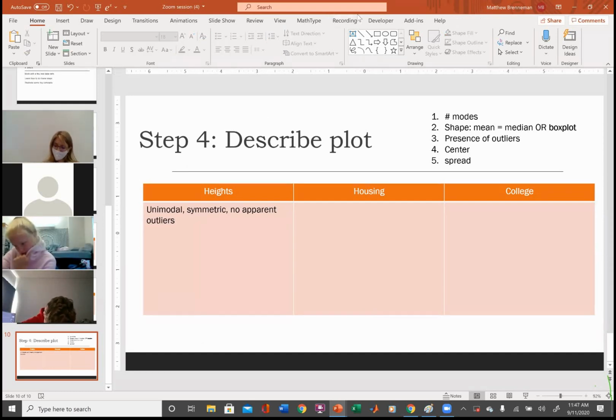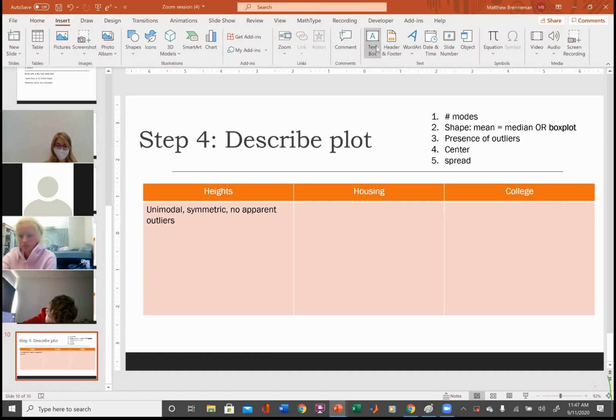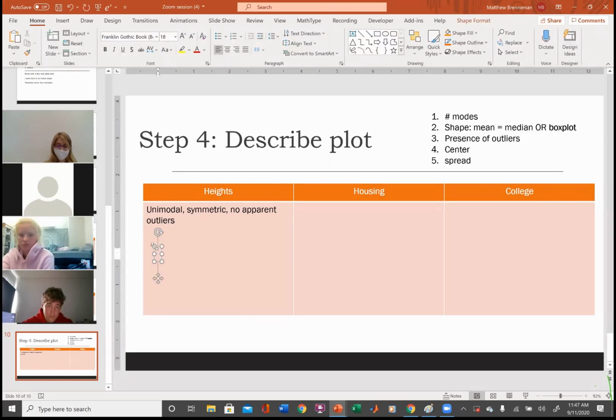And so what I'm going to do is start to create a description. And I would go ahead and put this in your notes, okay? I'm going to insert a little text box here. Let me move this around. Where'd it go? Oh, there it is. Oh, come on. And you can use this on the exams or anything, okay? So we're going to say the plot